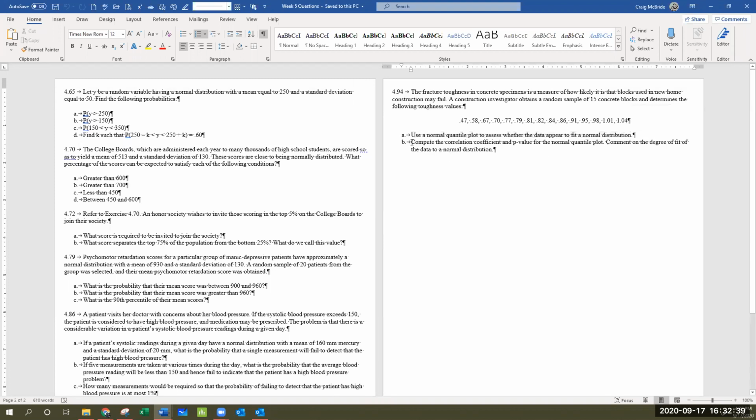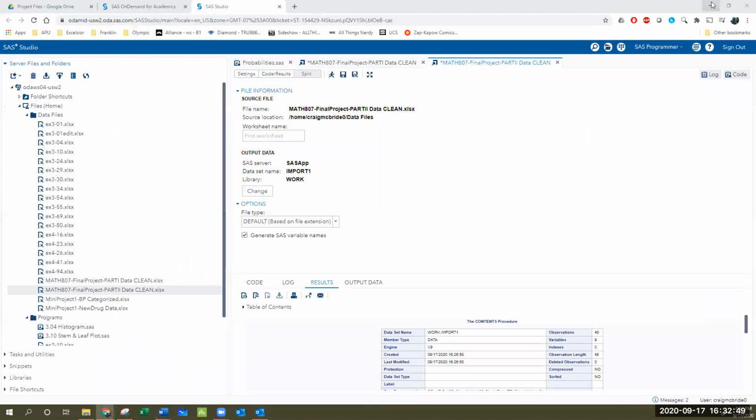And then question B is just asking you for the correlation coefficient and the p-value for that plot, which you get out of SAS if you just ask it to do inset statistics. So for instance, if we go to